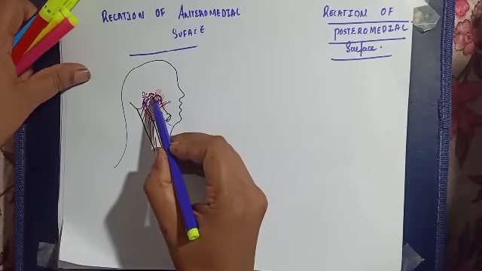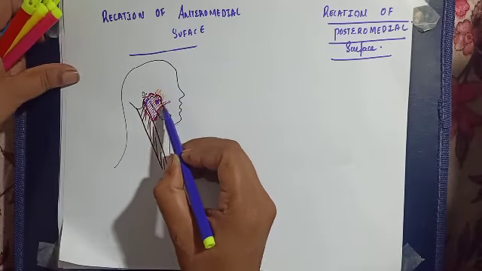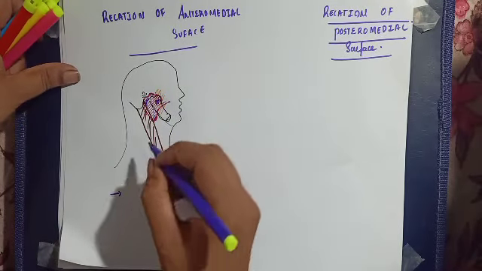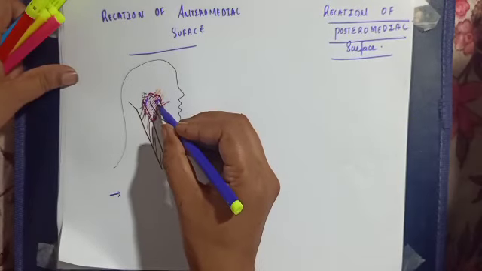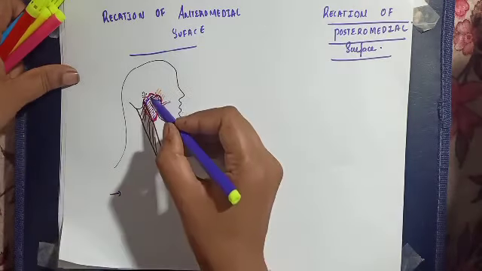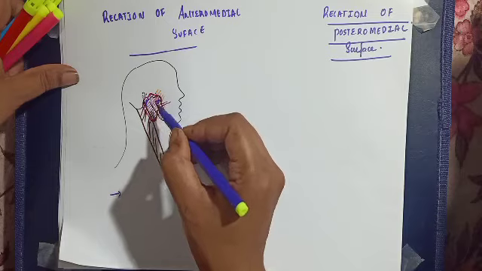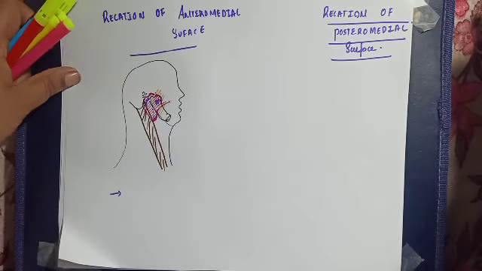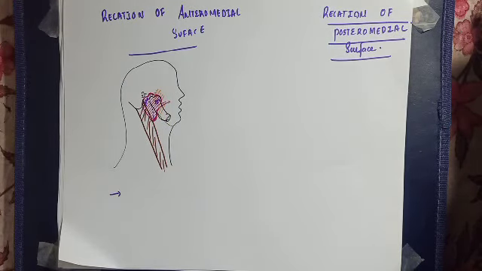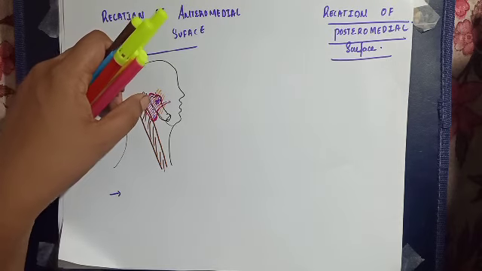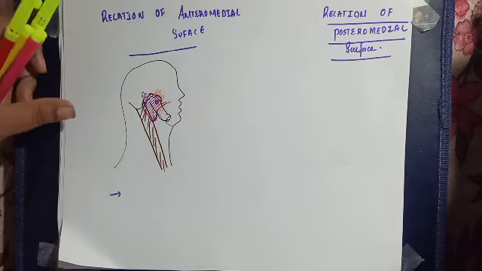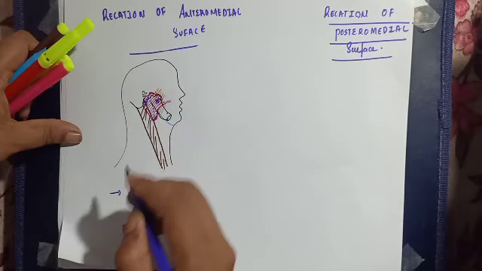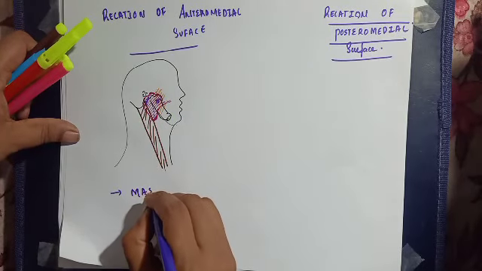Now see the anteromedial surface. It is related to which all structures? You can see the ramus of the mandible, the posterior border of the ramus of the mandible, and the masseter muscle, all related to the anteromedial surface. So the anteromedial surface is grooved by the posterior border of the ramus of the mandible and it is related to the masseter muscle,